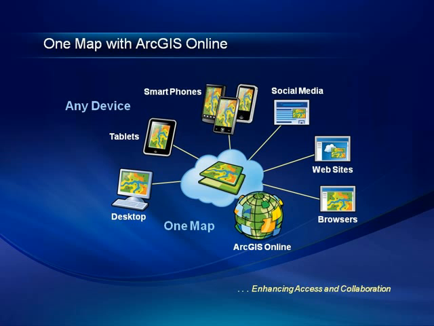So we call this sort of the one map, right? That map, maybe you publish in the desktop, maybe you drag a CSV file onto the web. That same map that you save from that CSV file, you pick up your iPhone or your Android phone with the free Esri app, you log in to ArcGIS Online, you interact with that map, you potentially update new information and take photos, and that goes right back up onto this web map that others may be viewing.